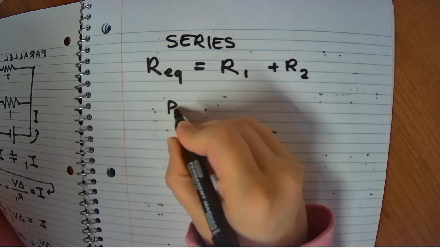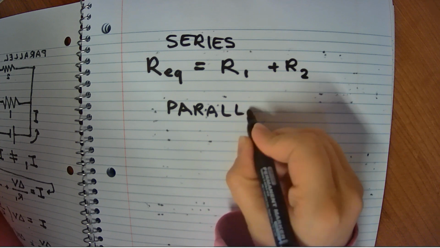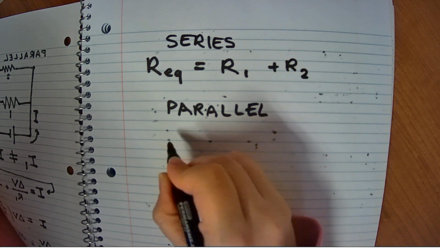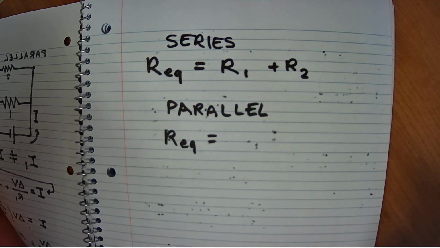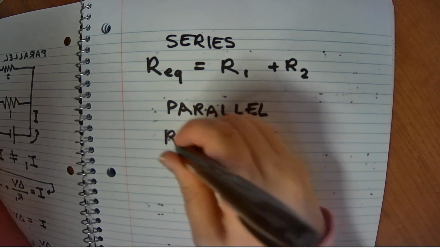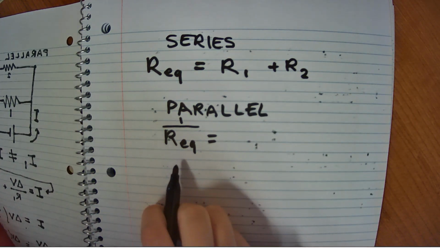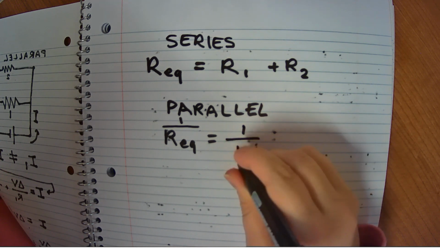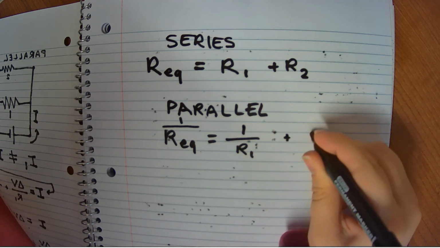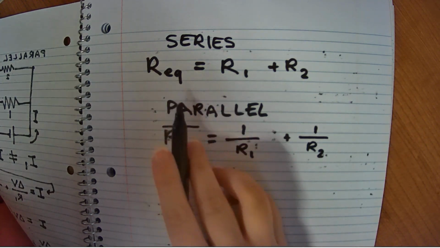And we know that 1 over the equivalent resistance of resistors in parallel is equal to 1 over R1 plus 1 over R2. And if you want it to look